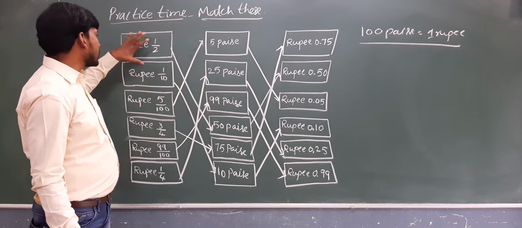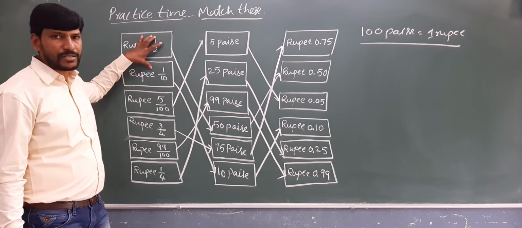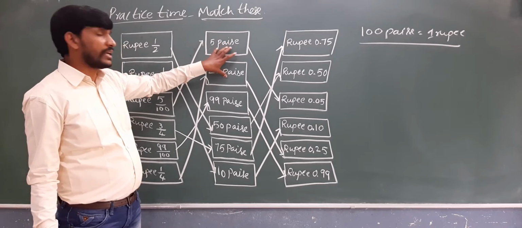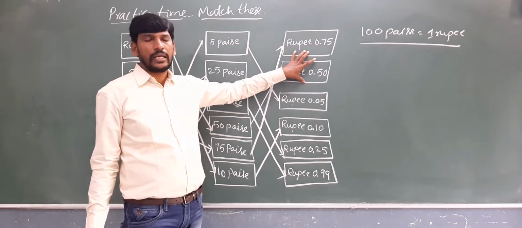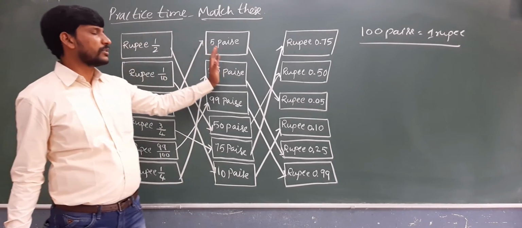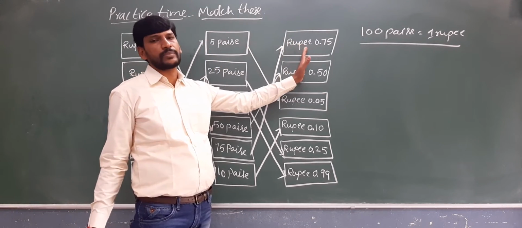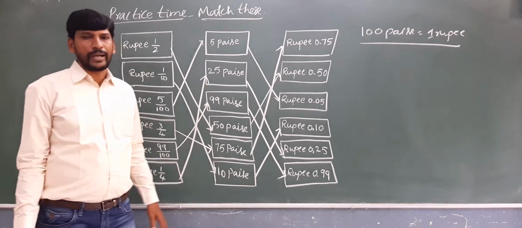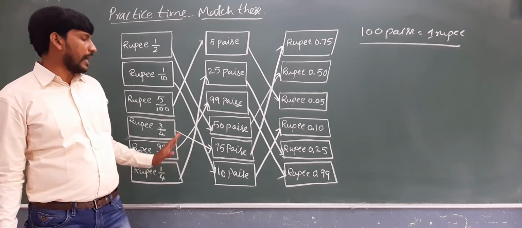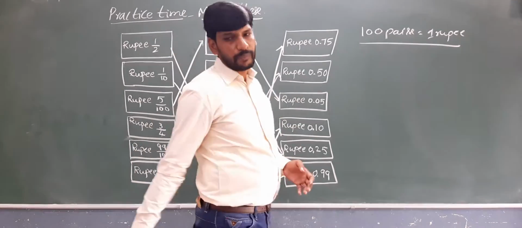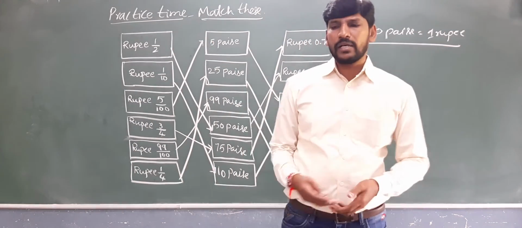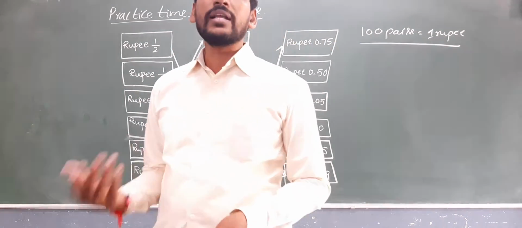Here they have given rupee in terms of fractions. They convert into paise. Again they convert into rupees in terms of decimals. Clear? This is fractions. This is paise. This is rupees again in terms of decimals. Clear my dears? This is for your better understanding of how to convert paise to rupee and rupees to paisa. Clear? Now next, let us move to the colorful design.